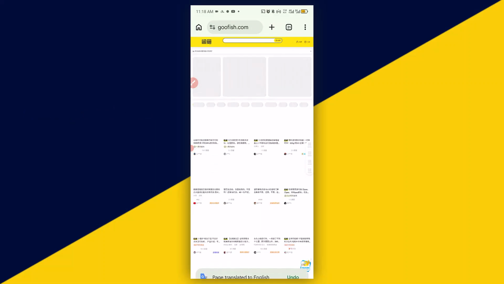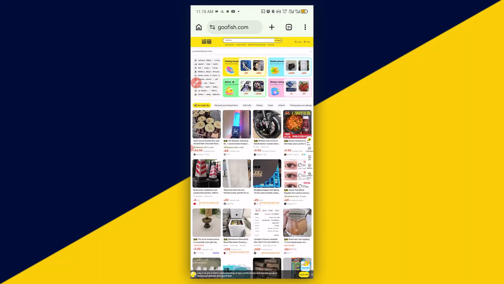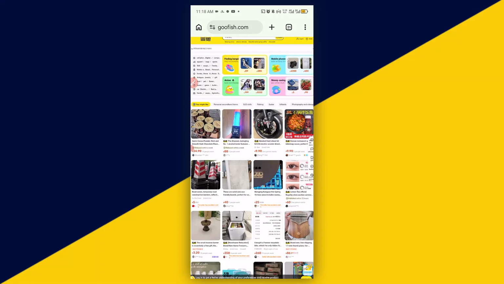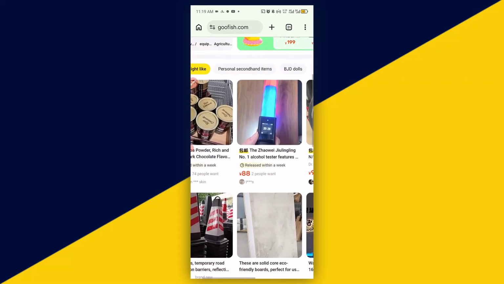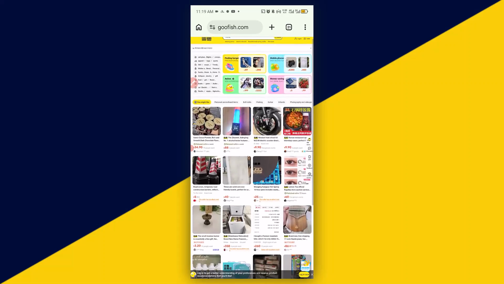Now, what you need to know right here is that if you're accessing the app from the Chrome browser and you have a pop-up to log in right here, what you need to do is simply click on here to close this pop-up. You don't need to log in right here. Now, you have the website open right here and automatically translated into English. In some cases, if your Xianyu website here was not translated into English,